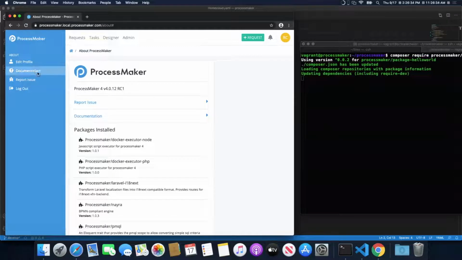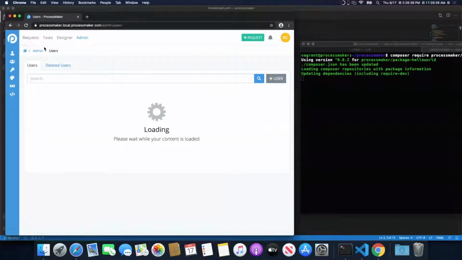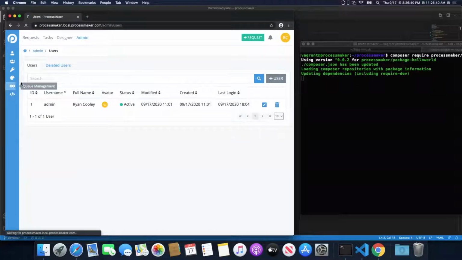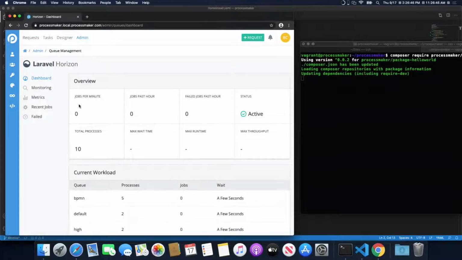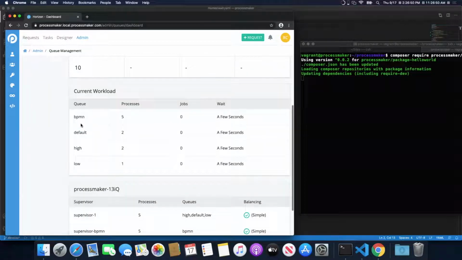You'll see here, you can also, if you go to the admin section, queue management is a big part of what makes ProcessMaker run. So that's something you're probably going to look at a lot if you're developing for ProcessMaker. So you can see what jobs are running. You can see the workload of each of the queues. You can see we now have different queues for different